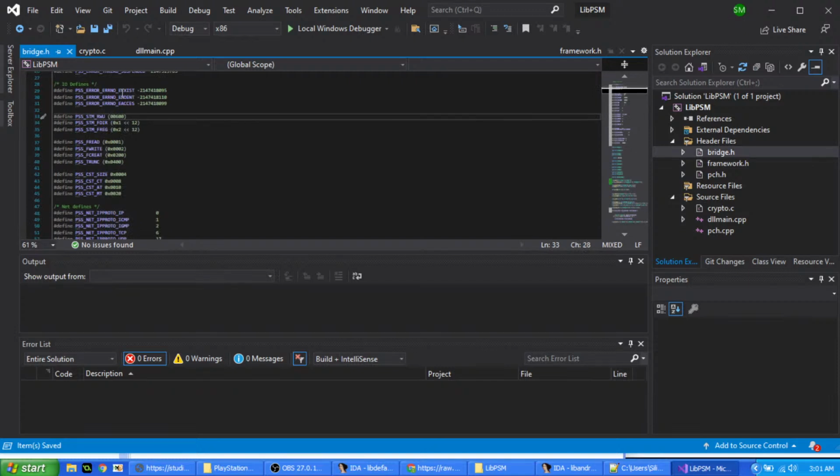So ENOENT, EINT, ENO-ACCESS, and EACCESS. So in fread, fwrite, fcreate, and ftrunc. I'm guessing those are maybe modes, I don't know. If file doesn't exist, we should return that. If it does that and that, so